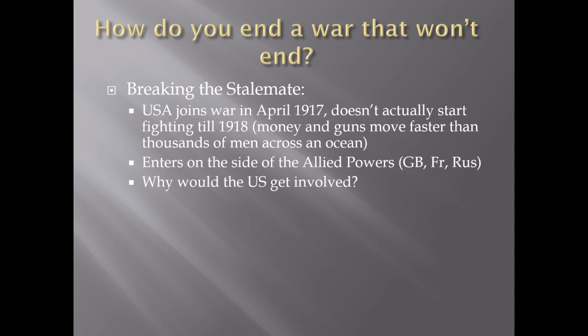The reason the United States chooses to get involved principally comes because the President of the United States at the time, Woodrow Wilson, wants to be involved in designing the peace treaty. We have some ties with Great Britain and France, but we also have a large immigrant population from Germany, so choosing a side was tricky. But ultimately, Wilson says he wants to get involved on the side of Britain, France, and Russia because temporarily Russia